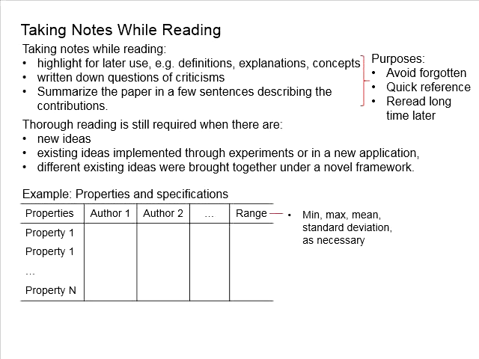You may create some tables to help you make comparisons and to summarize the respective properties and specifications of the material. It can be presented in this manner, where there is a list of the properties, the papers that give the respective information, and the values given are filled within the columns. This gives you an idea of the variations in terms of the properties of the material being used by different authors